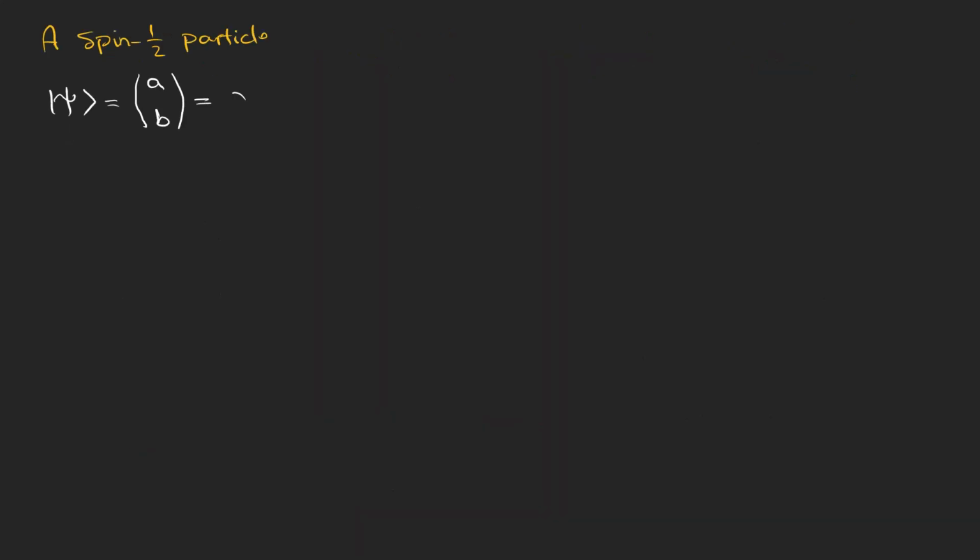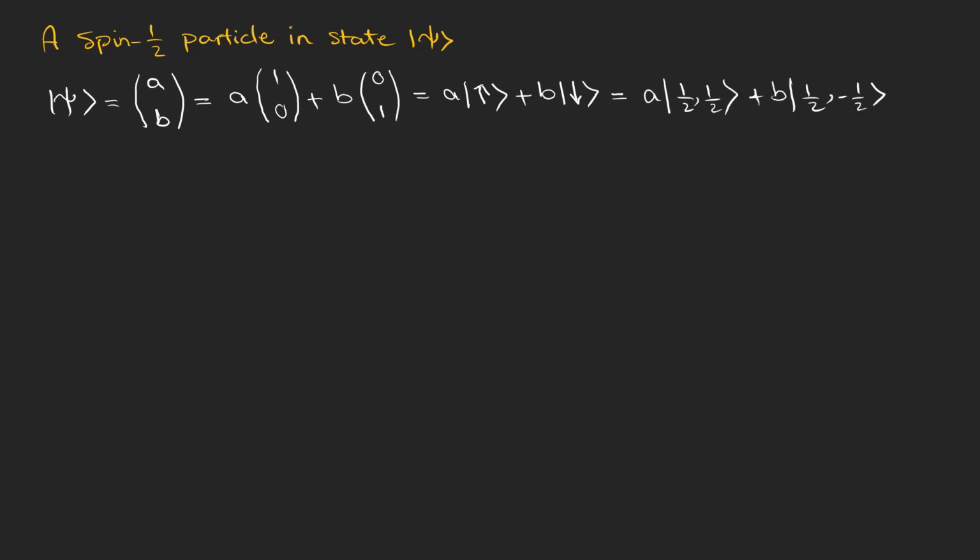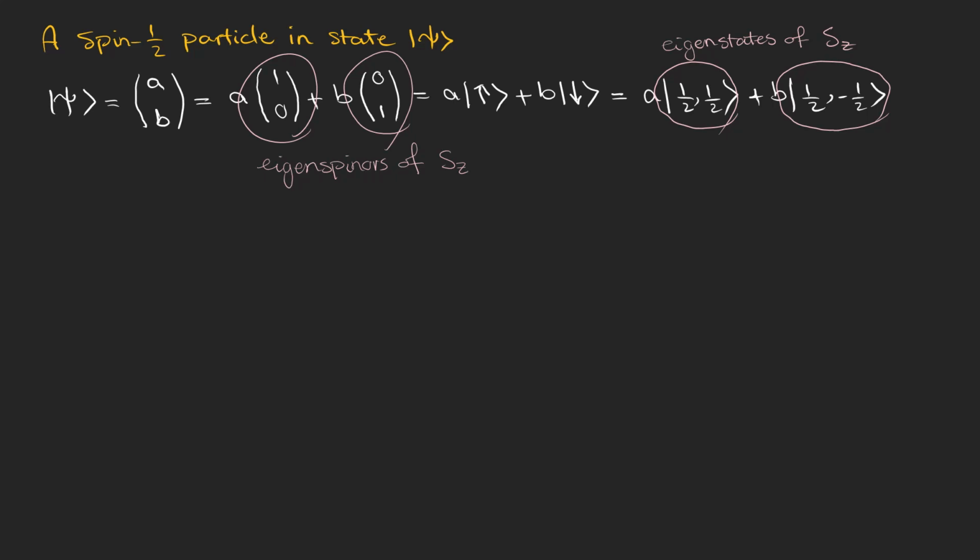Now, suppose that we have a spin half particle which is in the state of psi. This state can be shown using all of these forms you can see, which are different representations of the same concept. These are the eigenstates of the z component of the spin operator, which we can use to express any state we want in these bases. These are the eigenspinors we use to represent these states. We can use these states and their orthonormality to investigate different concepts related to a spin of the particle.